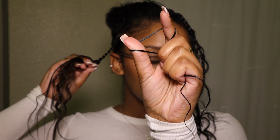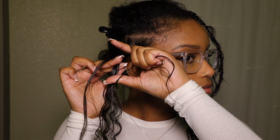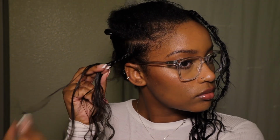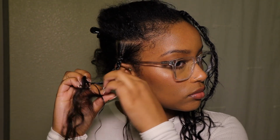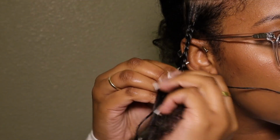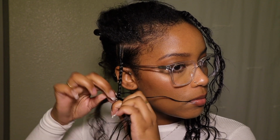So I just added gel to my hair, braided it like normal, and then you can add your curls anywhere. Once you feel like it's a good place to add it, I just hold the piece with my thumb and pointer finger and insert it into the braid in between my middle and pointer finger. So then I connect the top piece to the braid and braid down like normal a couple times,